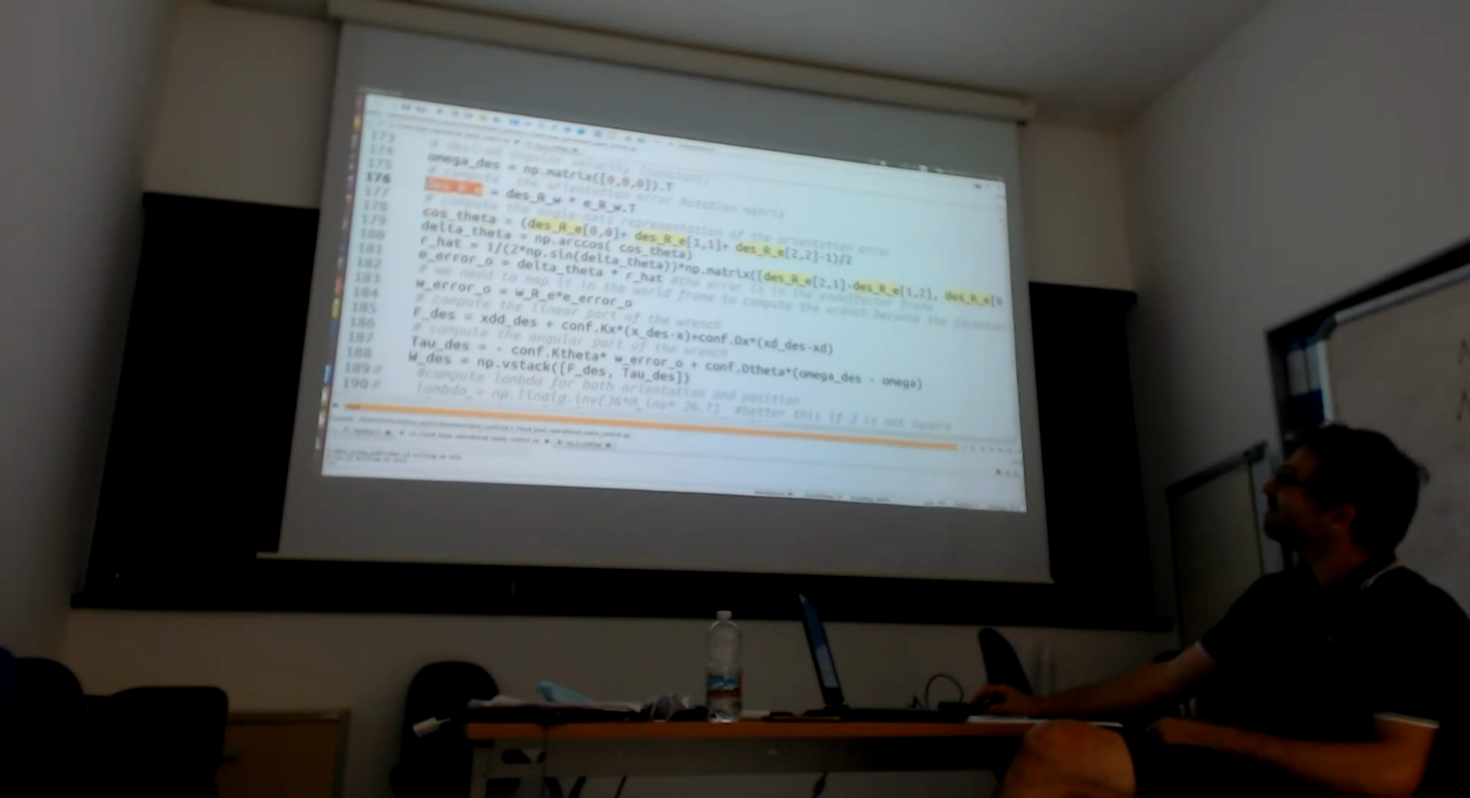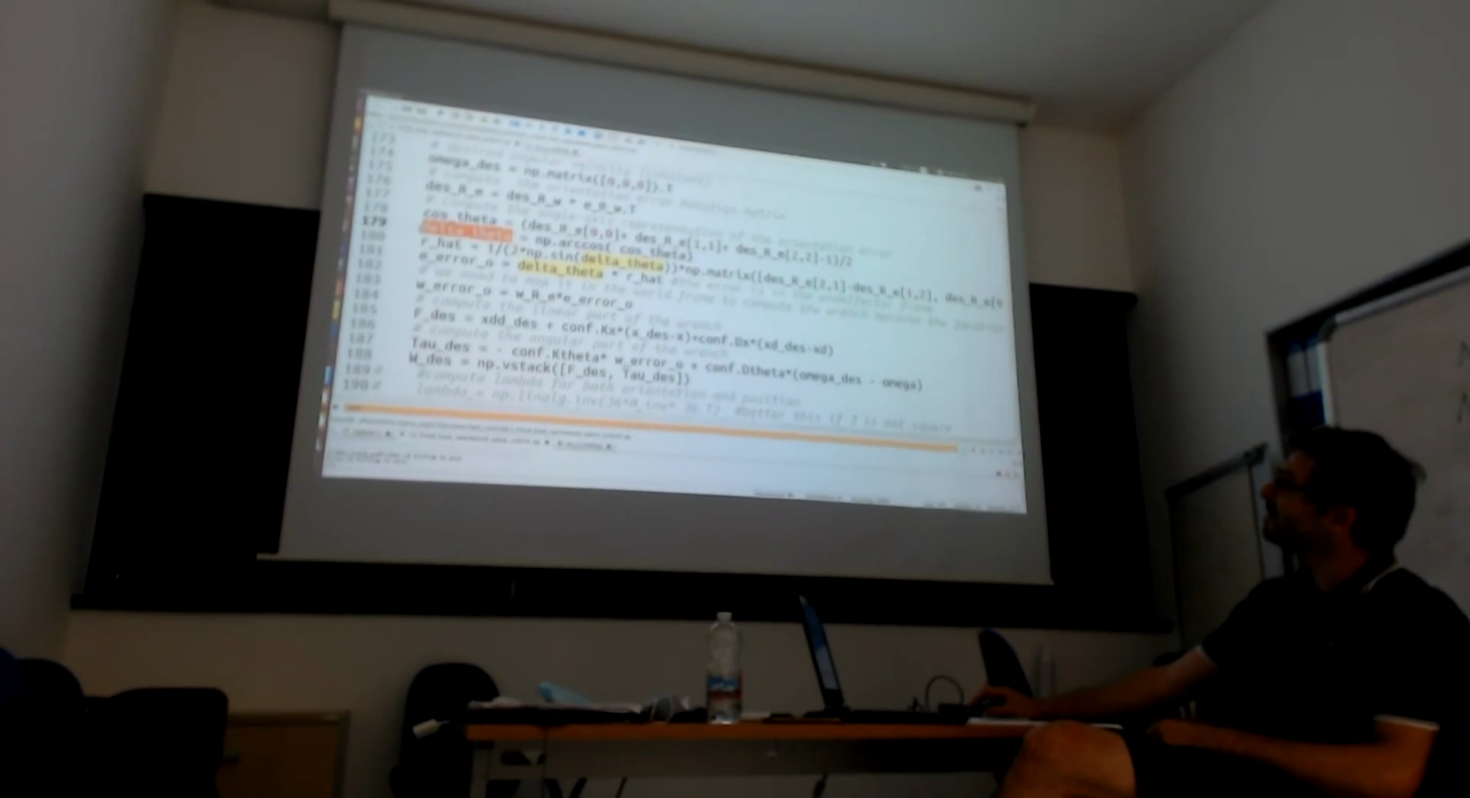And we get the cosine of delta theta, which is the scalar, and the axis, and in essence we apply the formula that we explained in the lecture, and then we multiply the delta theta, the scalar part, times the unit norm axis, and we get the orientation error. Now we need to remember to map the orientation error that is defined in the end effector frame back to the world frame, because we need to add